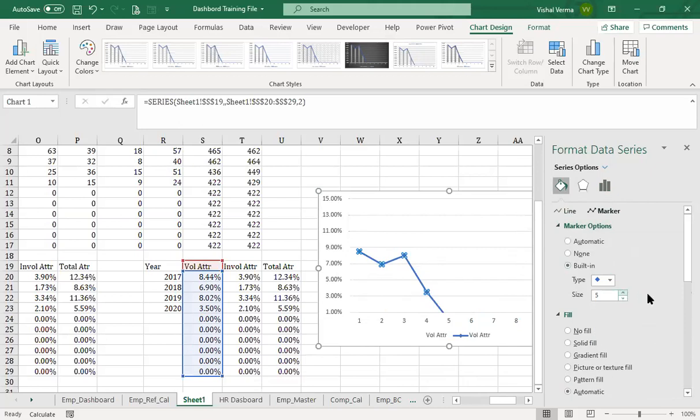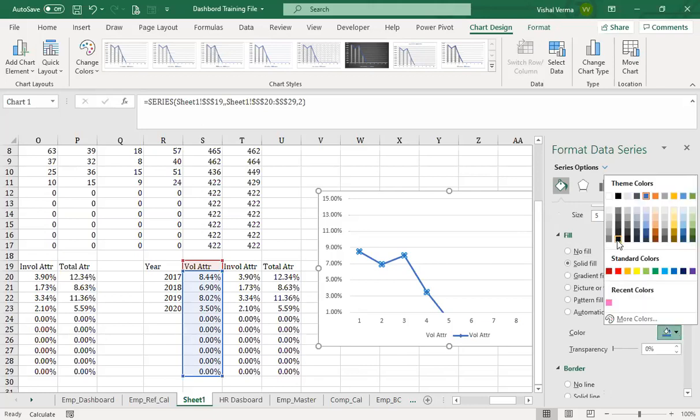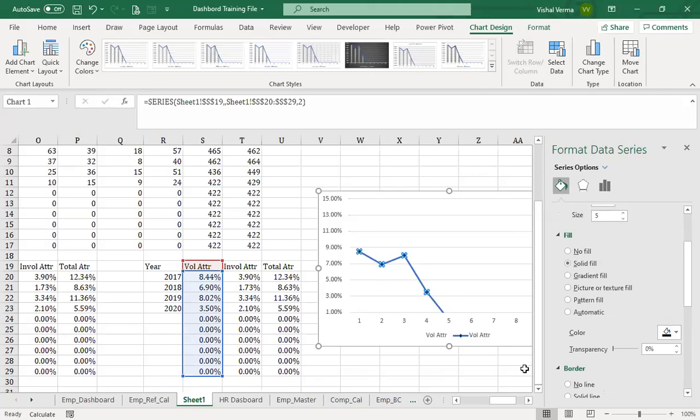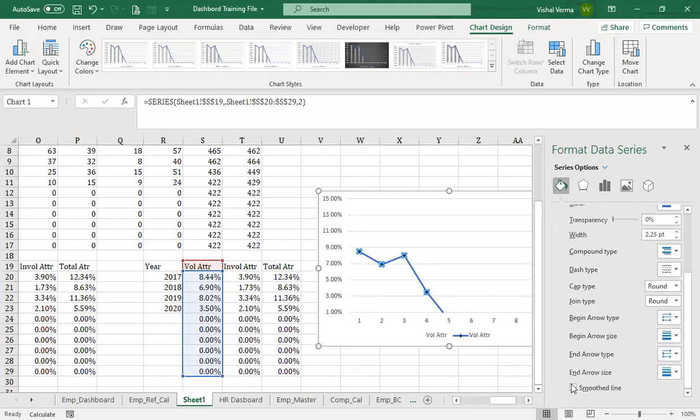The size will be the same, and let's give a different color. Let's put it as automatic or black, so that it can be reflected here. And then for the line, we will smoothen the line so that it looks a little better.